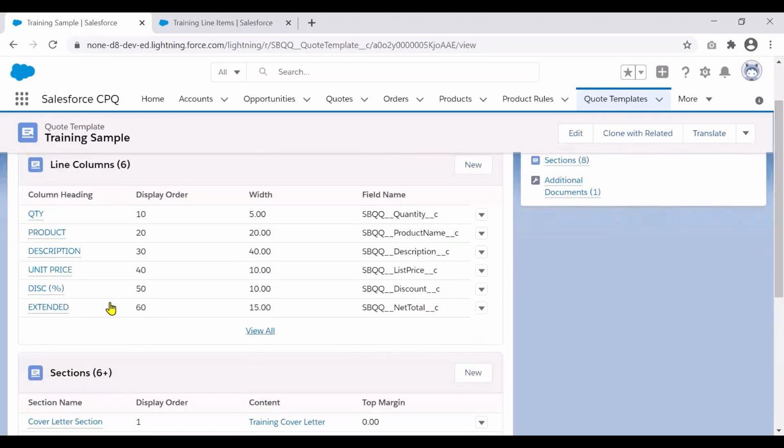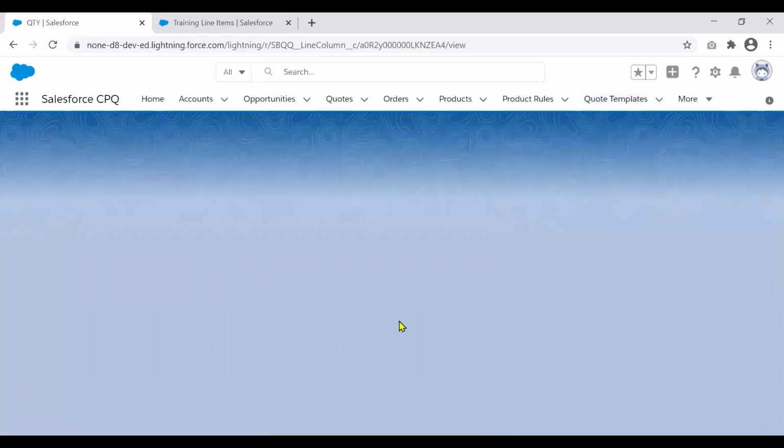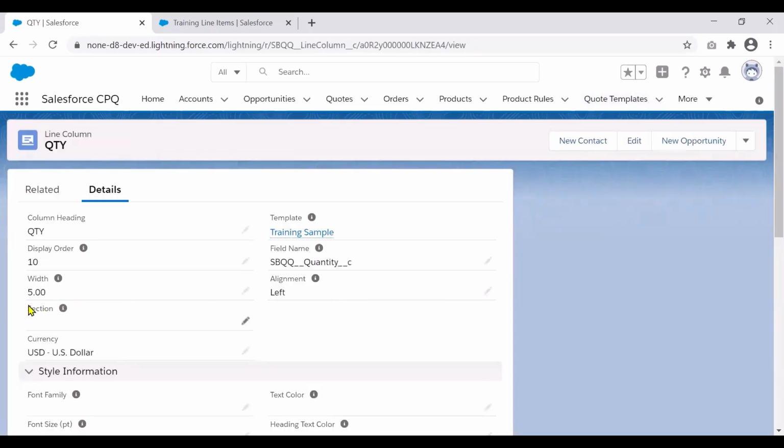So if I jump into any of the line columns, you have a field for a section here. So if it's technically blank, then it's going to apply this column for any other line item section. If I have multiple line item sections on this quote document, this column is going to be available for all of them. If I specify it only to a particular section, then this is going to be available only on that line item section of the quote document. So this is one important thing to note before we get onto our next type of